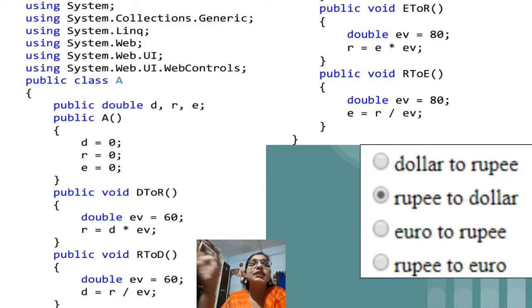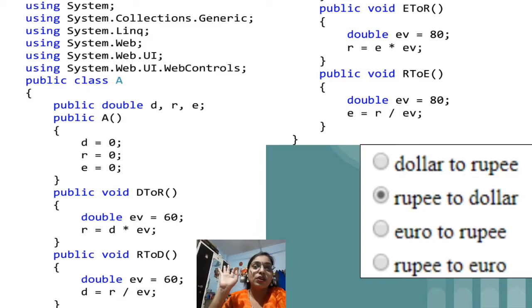It is not necessary that every time we will get an integer value, but double can hold integer as well as decimal values. This is why the variables for the three types of currency are declared as double data type. Then in class A, I have created a constructor. In the constructor I have initialized all three variables TRE to 0.